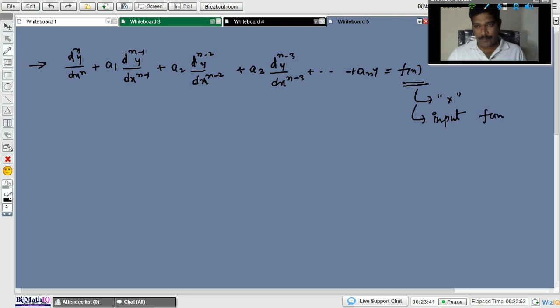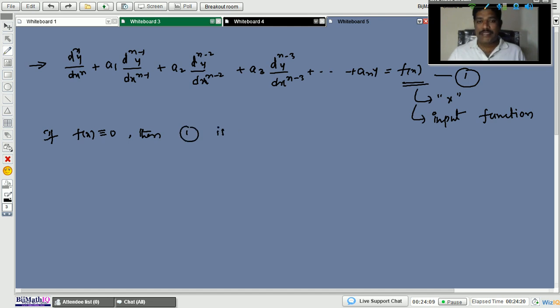Input function. So based on this, we are dividing into two types of differential equation. For example, if the function f of x is identically 0, take this as equation number 1. If f of x equals 0, then the differential equation 1 is called